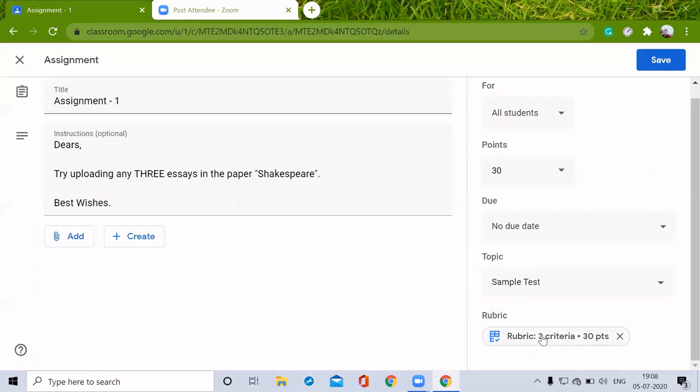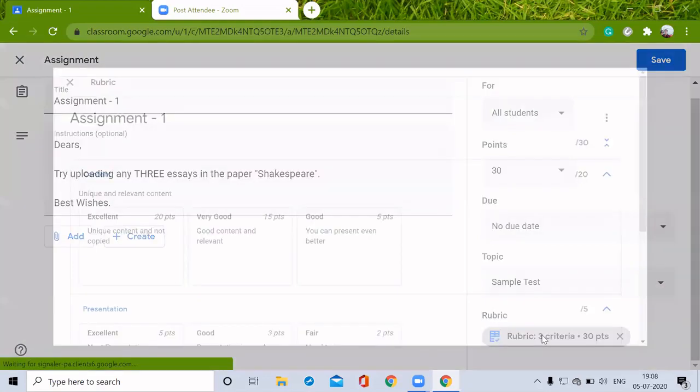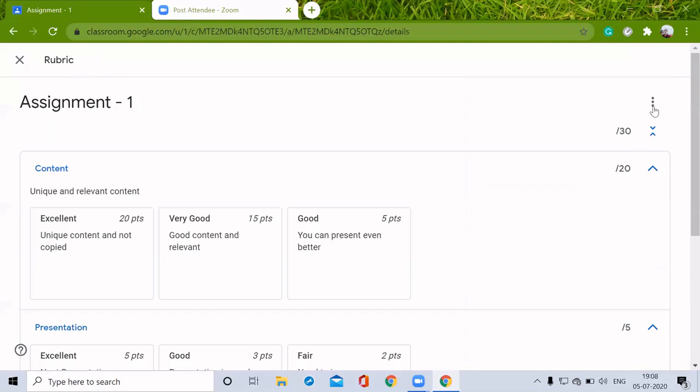If I want to edit this, I'm just clicking this. Then we can go to these 3 dots and we can edit it or delete it, or even export it into sheets, Excel sheets. So this Excel sheet can be shared with our fellow teachers. Otherwise, we can use it later even for our other classrooms.